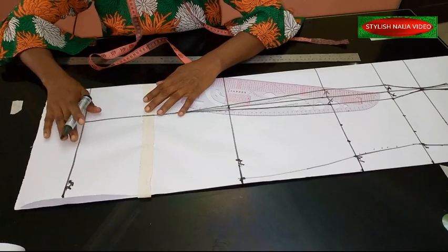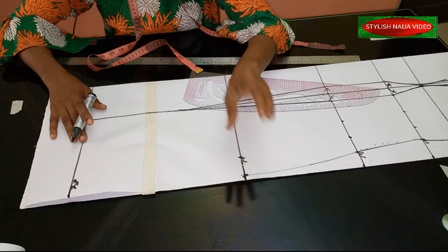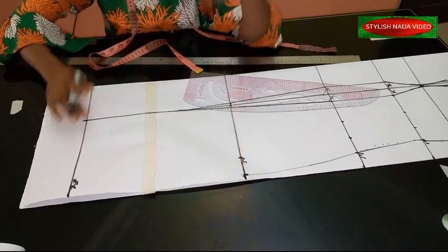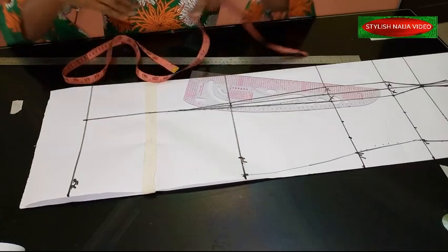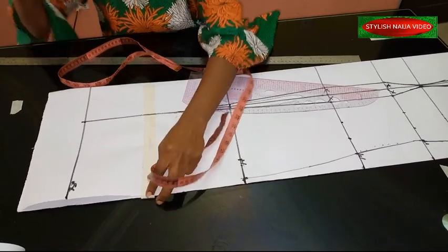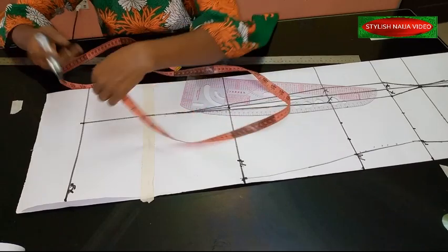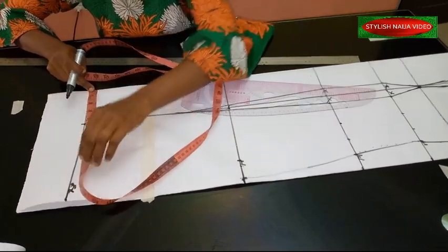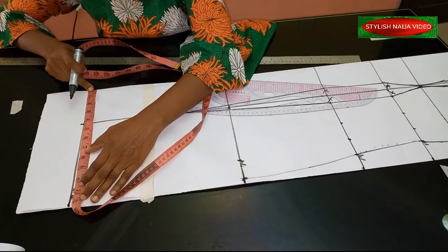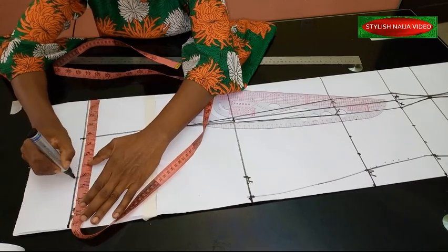When you get to the down part, since it is a pencil gown, you can decide to reduce your hip measurement by 2 inches. So we're going to use 8 inches instead of 10 inches that we use for the hip. If you want it to be more pencil, you can decide to make it slimmer, or if you want it wider, you can decide to make it wider. This is the 8 inches that I'm using. I'm reducing with 2 inches,